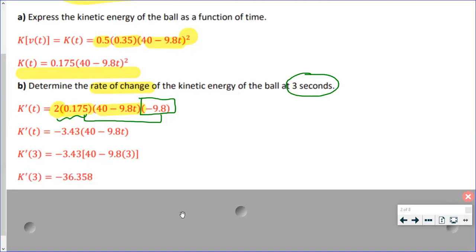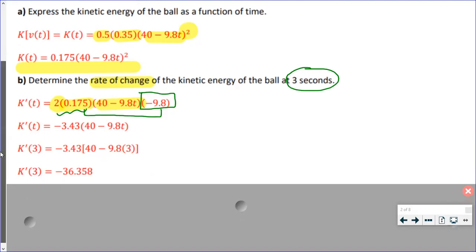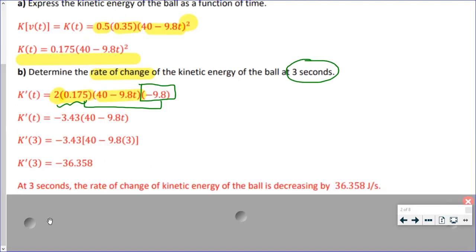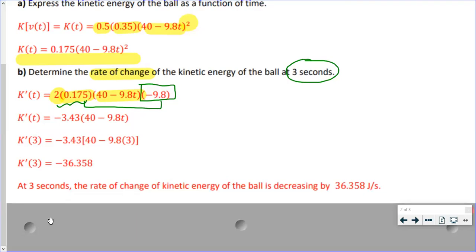And that gives me a value of negative 36.358. Well, how do I convert this numerical value into something that makes sense for a science question? With a statement. At 3 seconds, the rate of change of kinetic energy of the ball is decreasing by